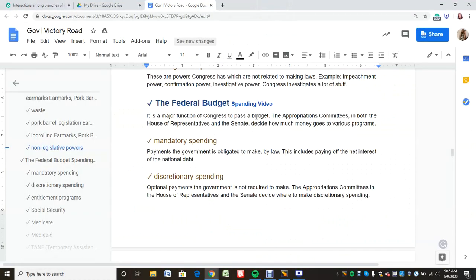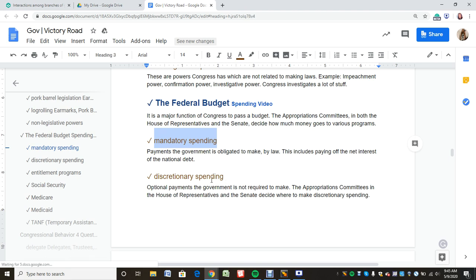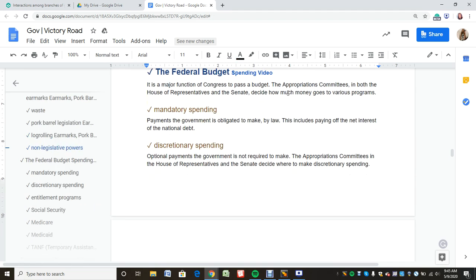And you want to know why you'll feel more depressed? That's because if you look at mandatory spending here and discretionary spending, you're going to see a trend where mandatory spending keeps going up and discretionary spending keeps running out of money for its funding. So, mandatory spending includes net interest on the national debt as well as entitlement programs. And entitlement programs include things like Social Security, Medicare, and Medicaid. And these things are offered to people who meet certain criteria. So that funding has been guaranteed to them because they've been paying into it for a very long time.